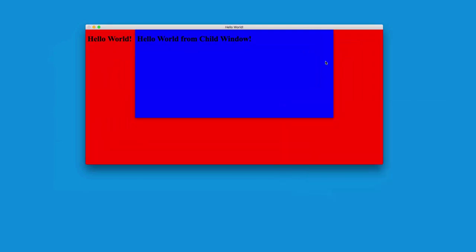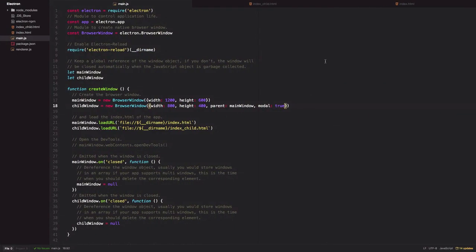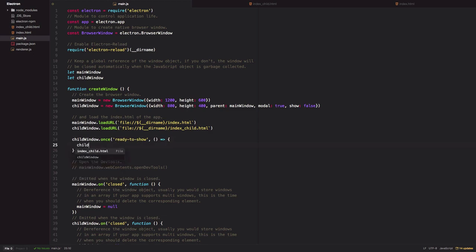For example, to better demonstrate the contextual drop-down nature on Mac, let's incorporate that ready-to-show event in this modal window. Say show false. Add that event listener as before, this time listening on the child window. And load in some remote content so we can better see the event triggering. I'll just say https